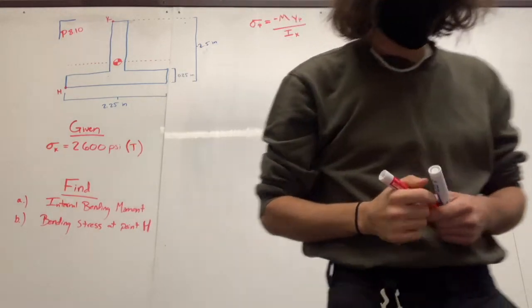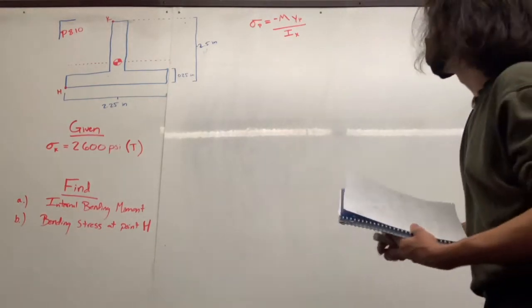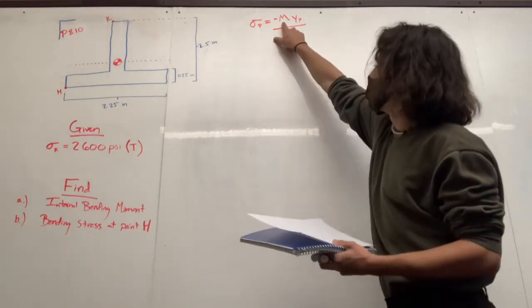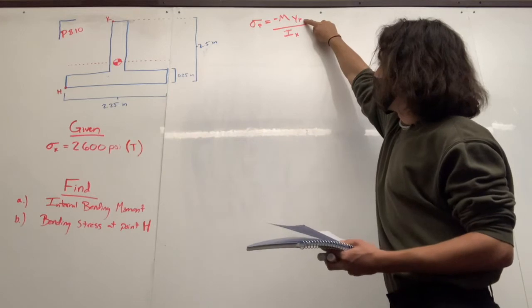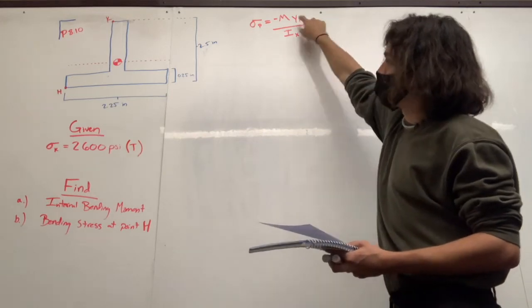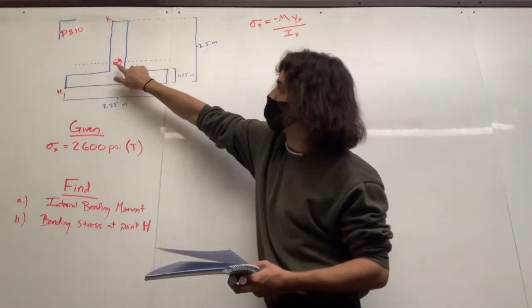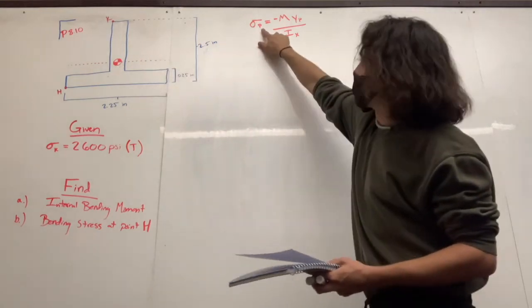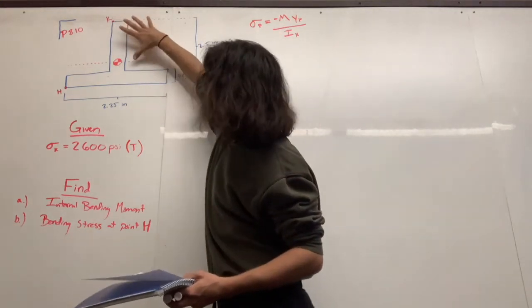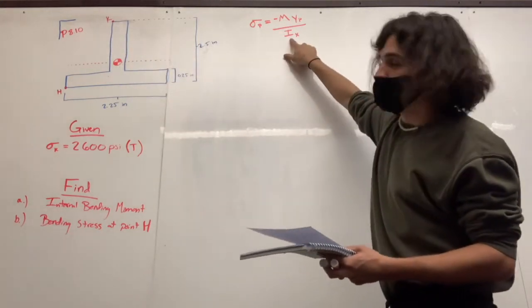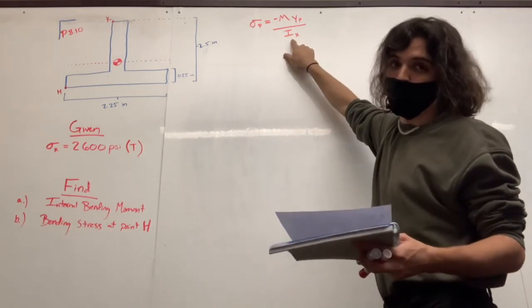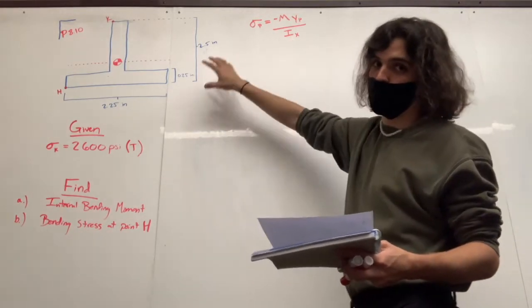All right. So this is the applied moment. This term, y of p, is the distance from the centroid of the shape to whatever point you're referencing. And then this is the area moment of inertia for the entire shape. So